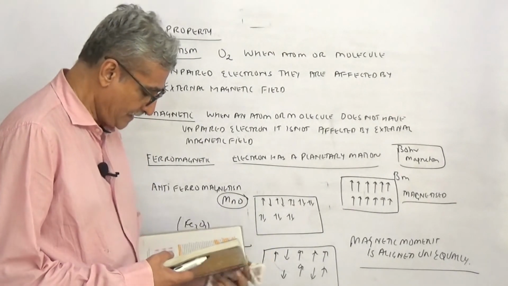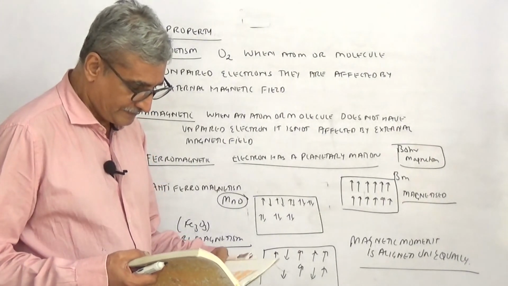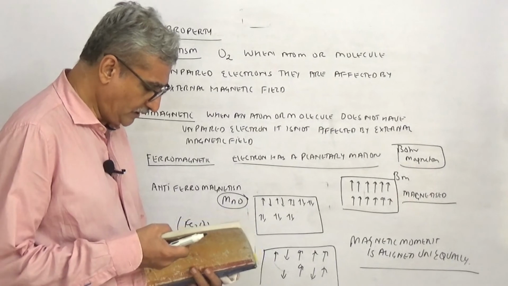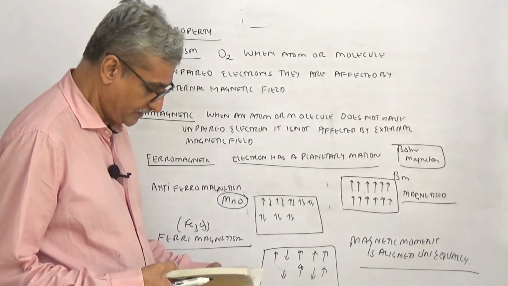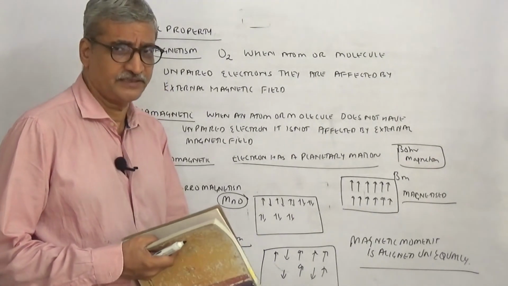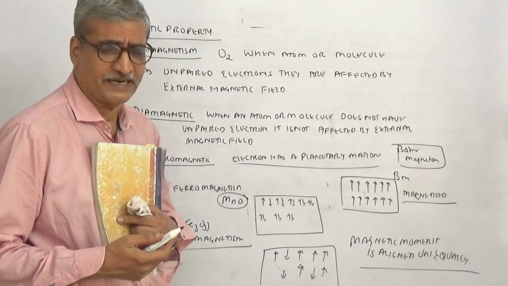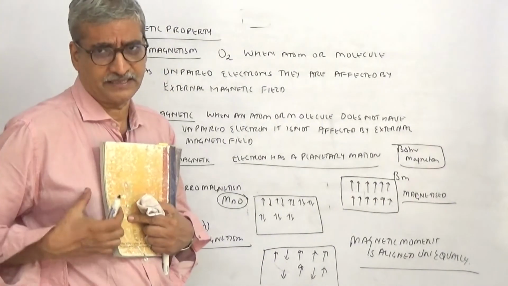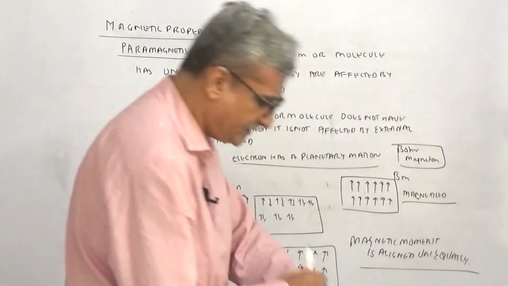Is this clear? So these substances finally show magnetic property. They will be weakly attracted to a magnetic field. They will not become magnets themselves. They will be weakly attracted to a magnetic field and show paramagnetism. But when you heat them, maybe they lose their paramagnetism. Is this clear? So this was what we had about magnetism. Is it clear?